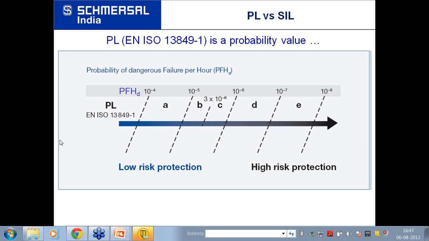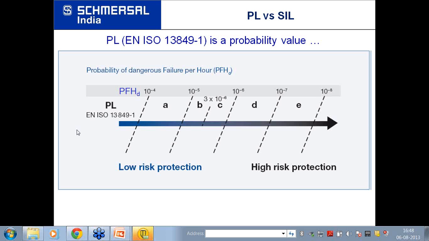Mr. Modesta Kerketa has said, my plant is certified with SIL 2 certification. How long will the certification be valid? Sir, first of all, you should contact the person who has given you the SIL 2 certification to understand how long it will be valid. But if you ask me, as long as you do not make any changes in the system, and as long as you are able to maintain the system, I think it should be valid.